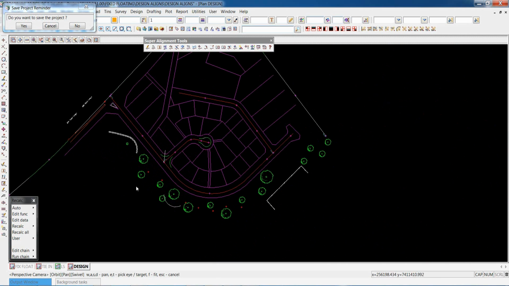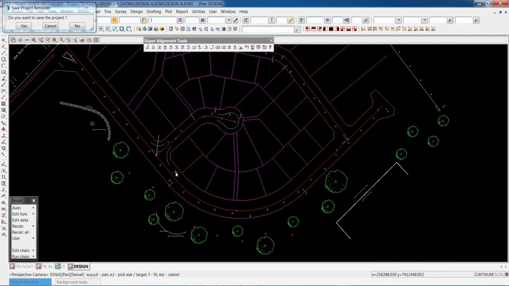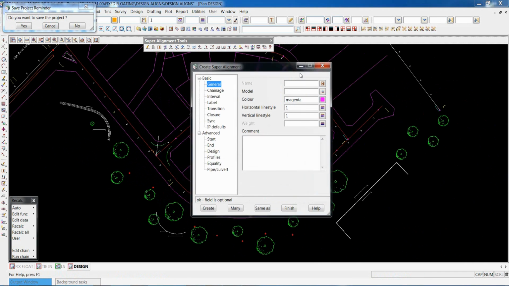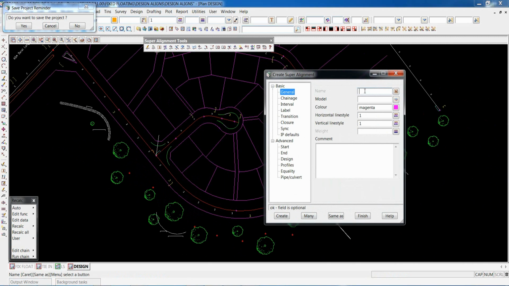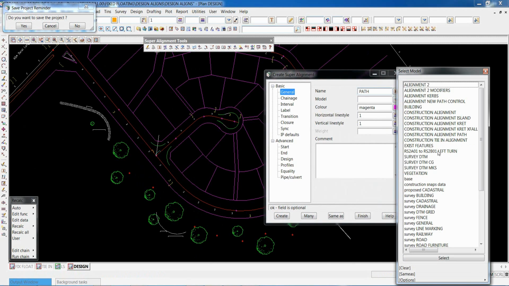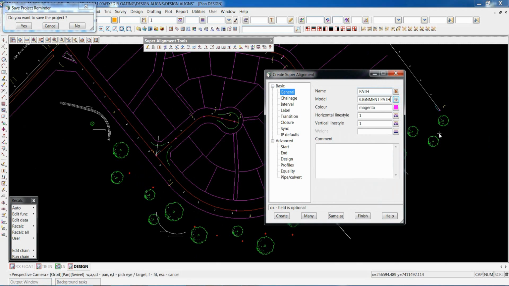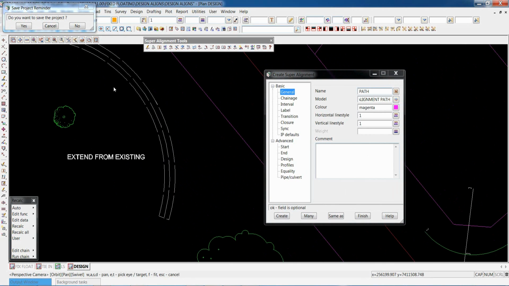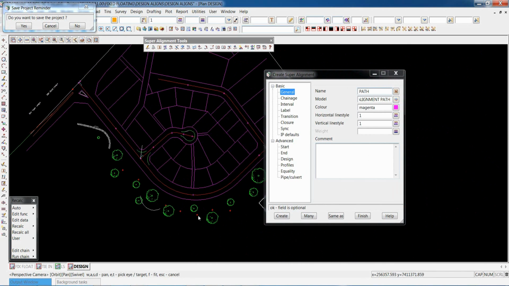Last of all is what I refer to as a free form design. In that case, we're just going to create an alignment string. We'll call it path, and put it onto a construction alignment. We've got an existing path finishing here, and some trees to meander our path through.